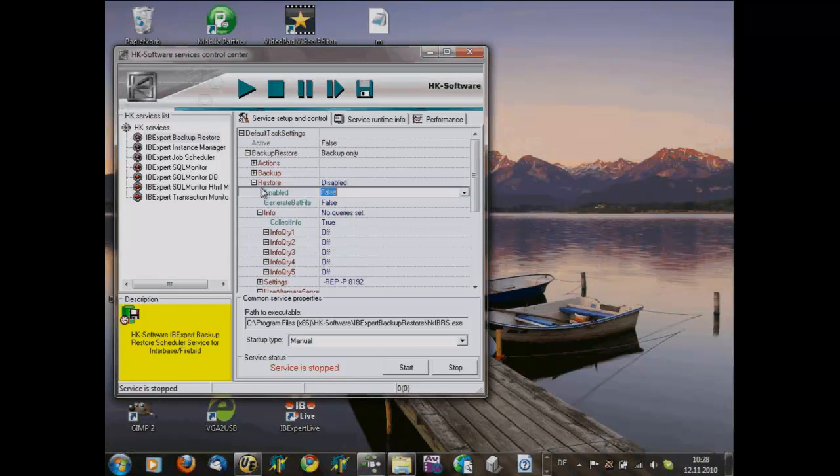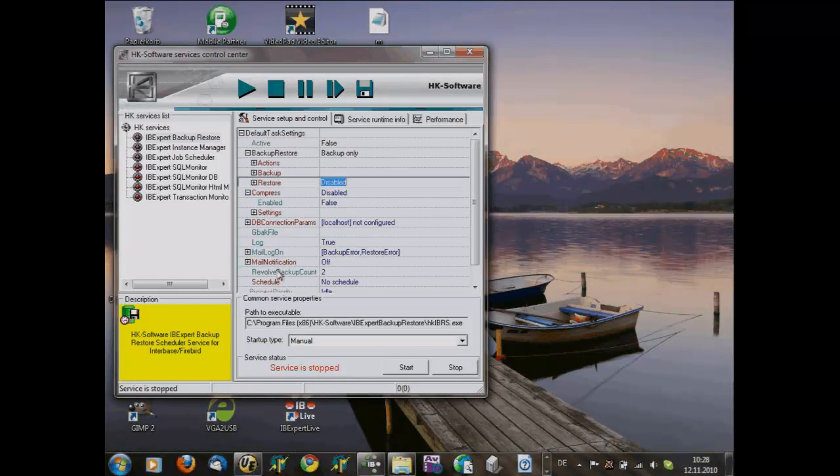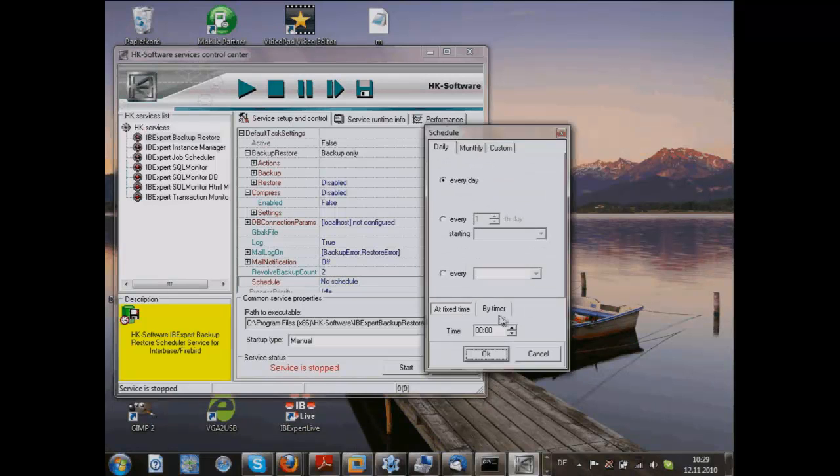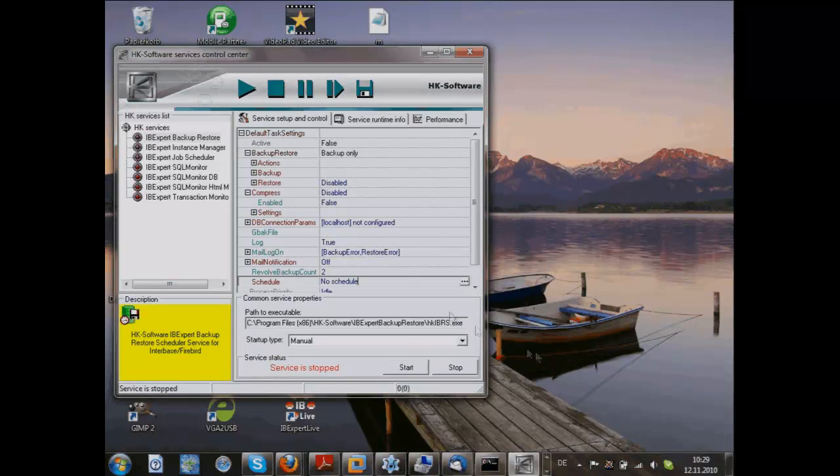And you can create as many jobs as you need. You can do the scheduling, for example, every day, every night, every minute, every 10 seconds or whatever. You can start the backup automatically. It is created as a service. It runs as a service. So this is only the definition interface that can be used for defining the jobs.